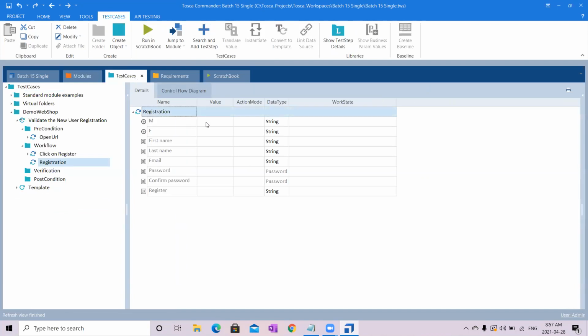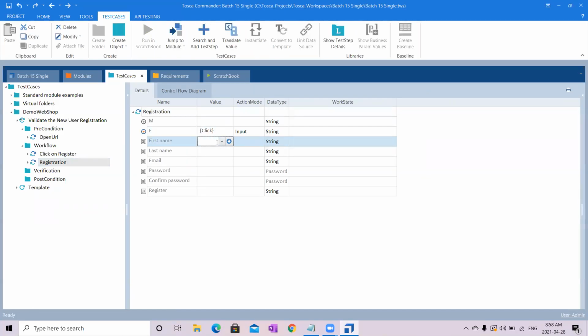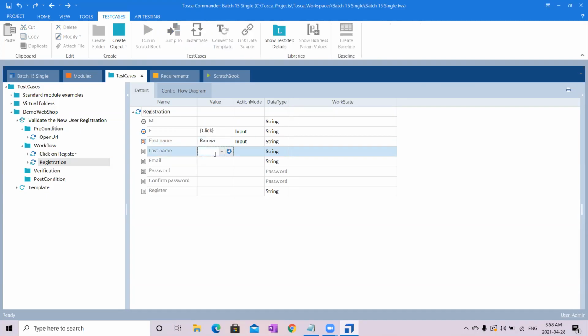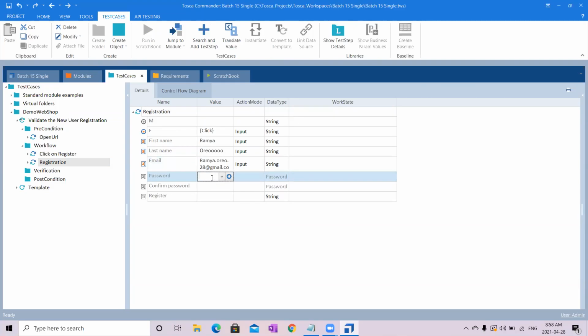Now let's fill in the registration details. The same way again, click on this small drop down and it has a click, so select that. I'm clicking on the female radio button. For the first name, I'll enter Ramya. For the last name, I'll just give Oreo. And my email is ramya.oreo.28@gmail.com